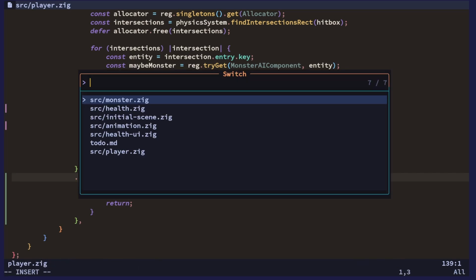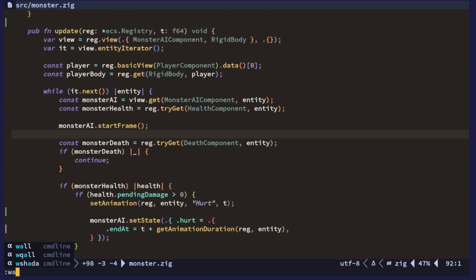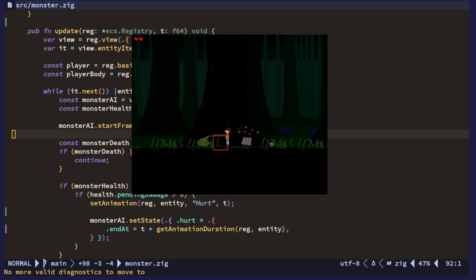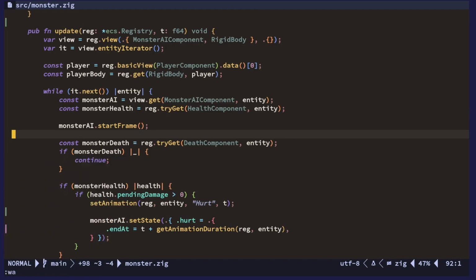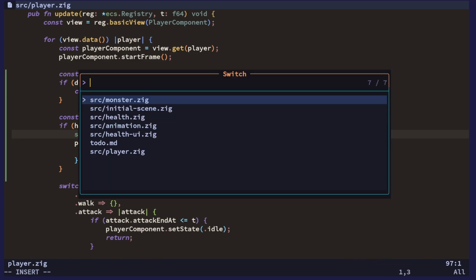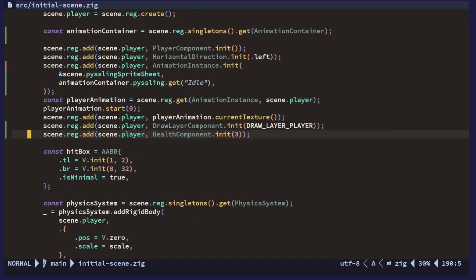Okay, so now we should have progressed a little bit at least. Okay, still crashes. Let me check here. I'm not sure actually what's going on. It seems that the player, either the player entity is like removed or something. Oh, okay. I see what's going on. So I think this is the issue,